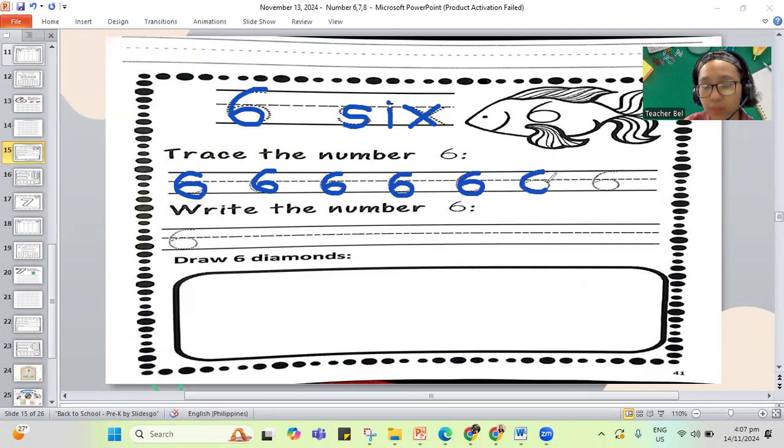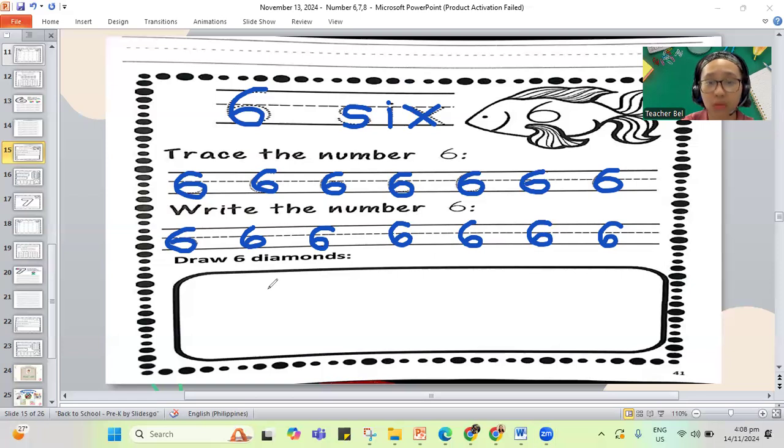And remember, your number 6 has a big belly. So you need to also do this one. Number 6.